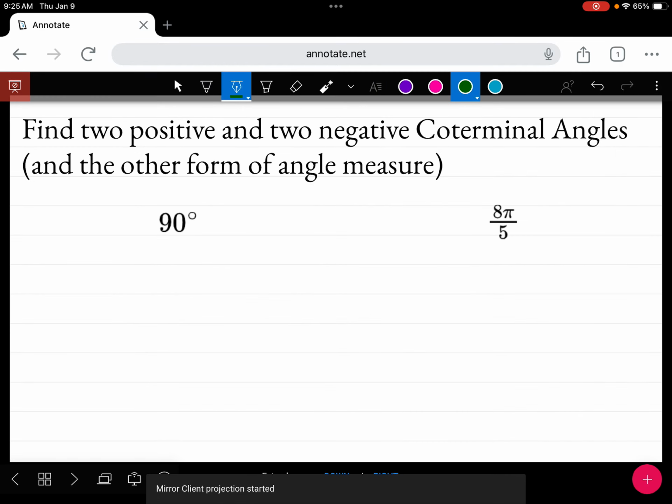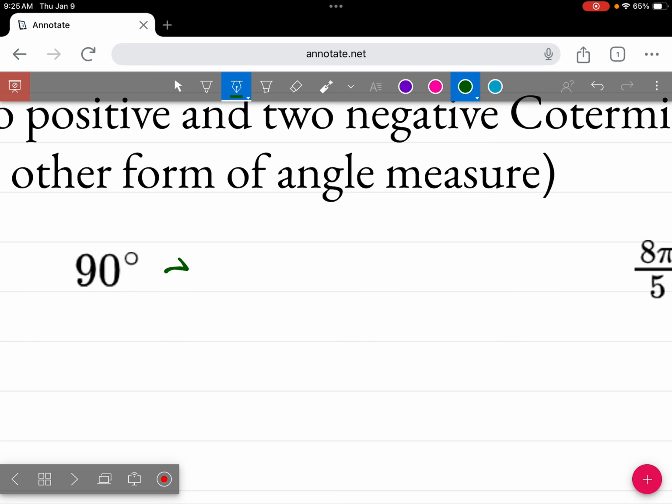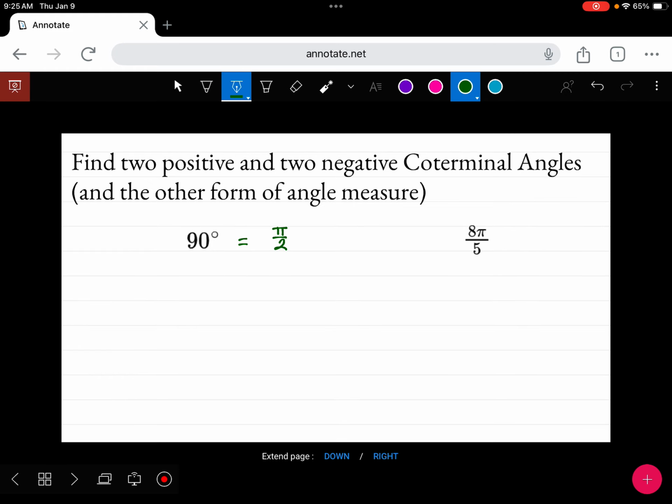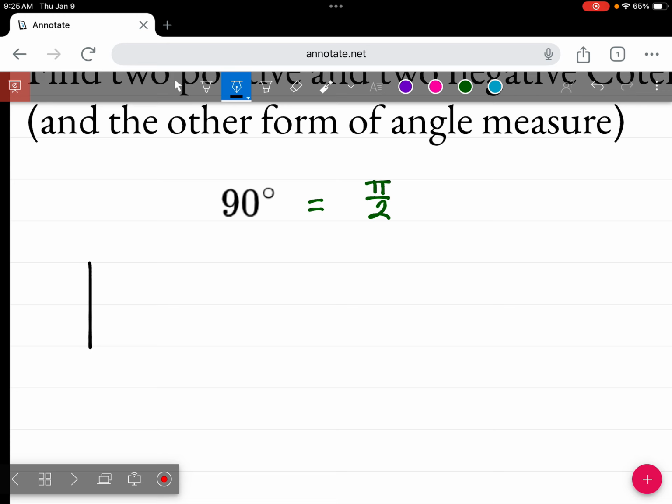So looking here at 90 degrees, we are familiar with 90 degrees. What is 90 degrees going to be in radians? Pi over 2. Those two things mean the same thing. So when we're looking at coterminal angles, you can do it in degrees or you can do it in radians. So if we think about our 90 degrees